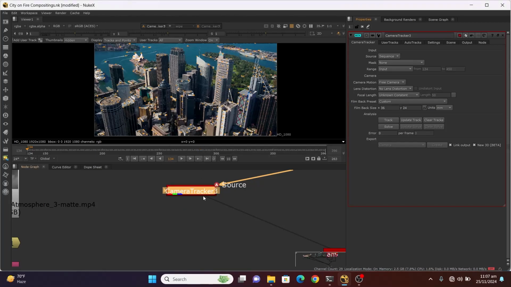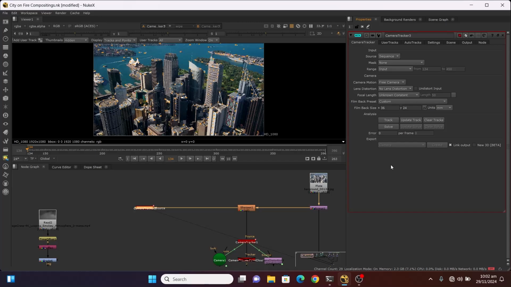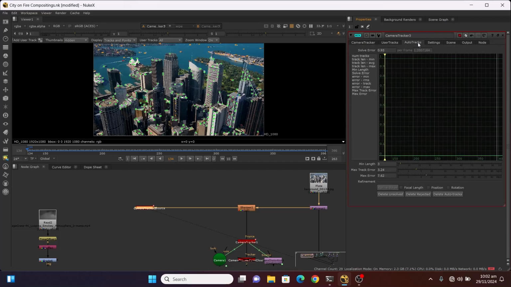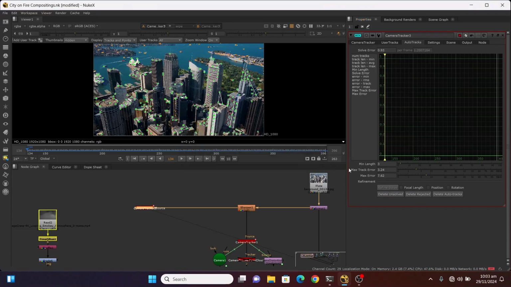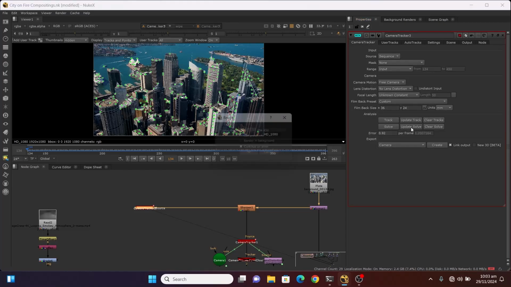Okay friends, the tracking process is completed. Now it's time to solve our tracking. Click on solve. Our error rate is 0.93, which is below 1, a good value. We can try to decrease it more. Jump into auto tracks and first click on delete unsolved and delete rejected. Now update solve again,